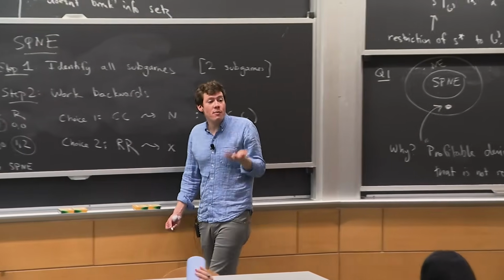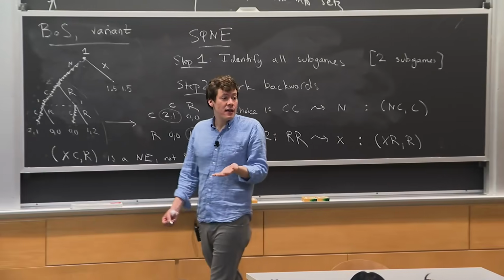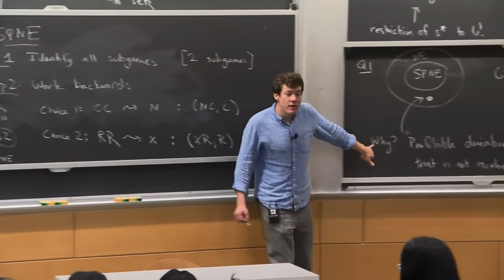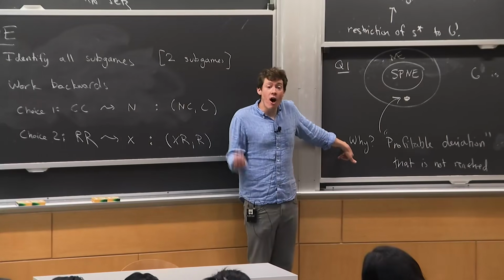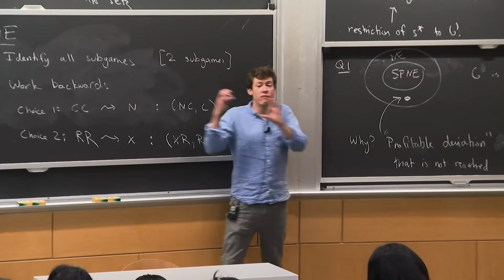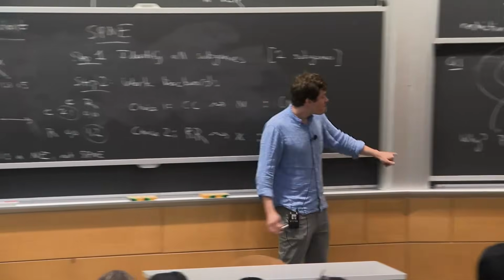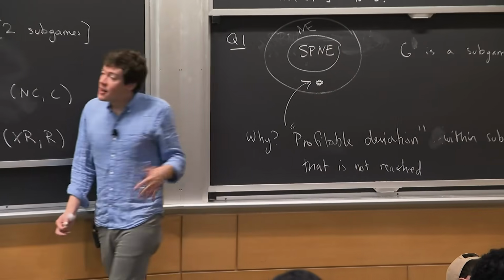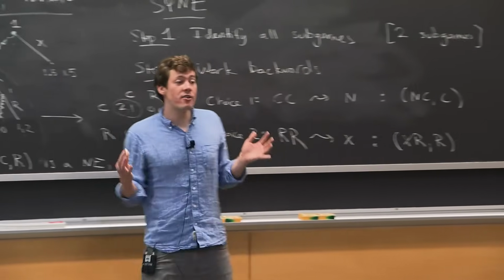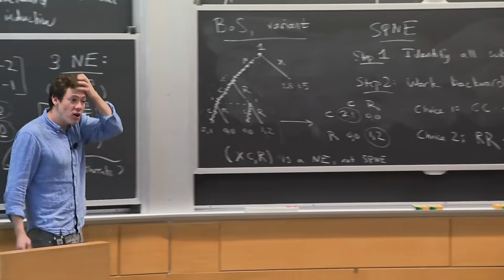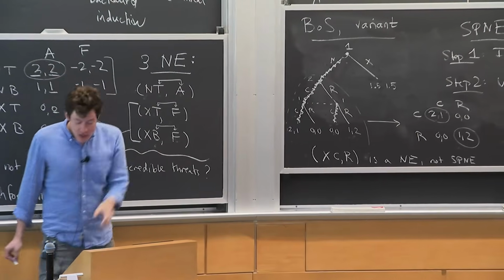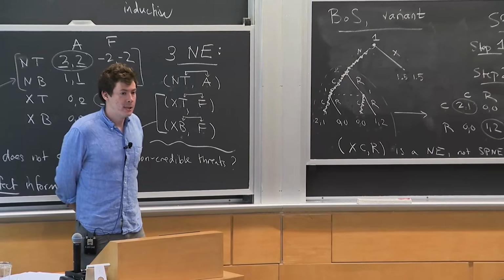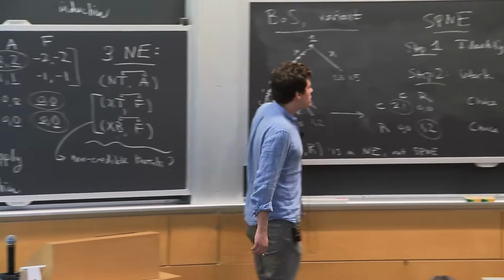Remember we said Nash equilibrium does not require optimal play at unreached contingencies. Similarly, Nash equilibrium does not necessarily require Nash equilibrium play in unreached subgames. So we're just replacing contingencies with subgames. And indeed, there may be a profitable deviation at a subgame that is not reached, but that doesn't mean there's a profitable deviation within the entire game. I think that's a subtle point, and that's the heart of subgame perfection. Any questions about that? And if not, we'll move to a more substantive example. Good. All right. So now,